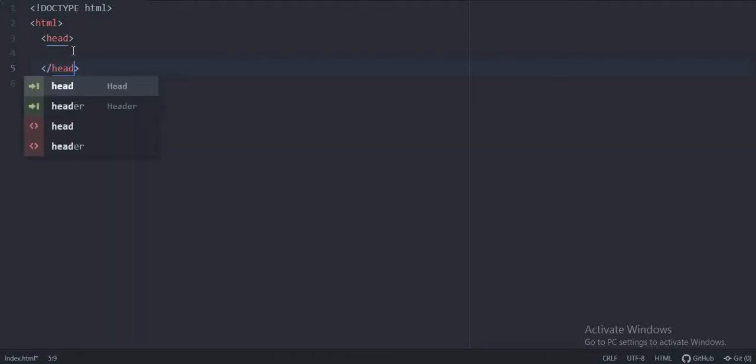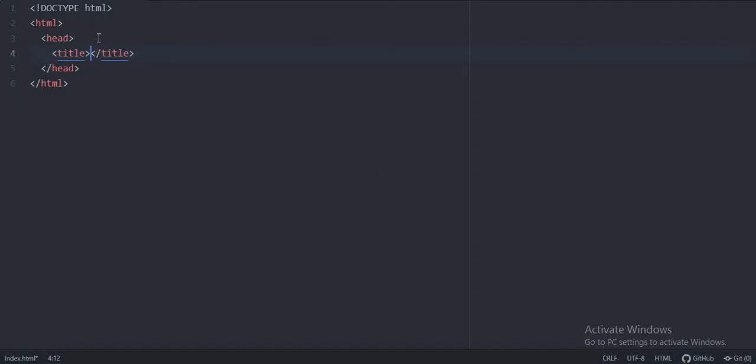Now, inside the head tag, we give a title tag, which is the tag that will go at the top of the browser.